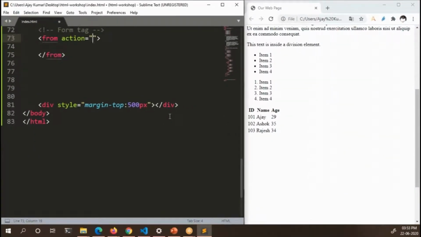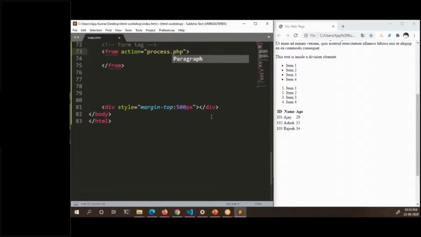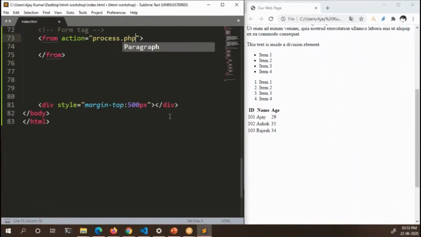For example, if you mention, let us say, process.php, and process.php is a PHP file, the action attribute says that when the user submits the form, the data which the user had entered in all the elements will be sent to a file called process.php, which might generally be at some other place. Generally, it would be on a web server.